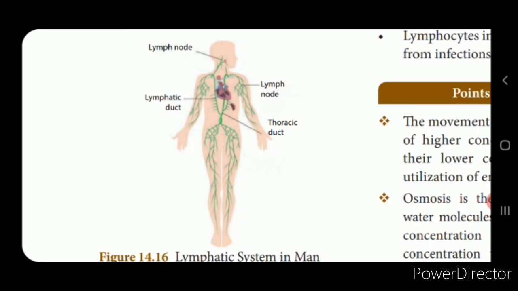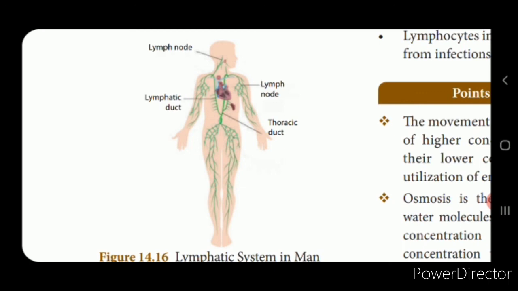and returns the proteins into the blood from the intercellular space. The next one is that it also carries the absorbed fat from the small intestine to the blood, and the lymphatic capillaries are present in the villi of the small intestine, isn't it? It also absorbs the digested food. Now, we said that the white blood corpuscles are responsible for the defense mechanism, isn't it? Here, the lymphocytes present in the white blood corpuscles defend against infections, which involves the defense mechanism.